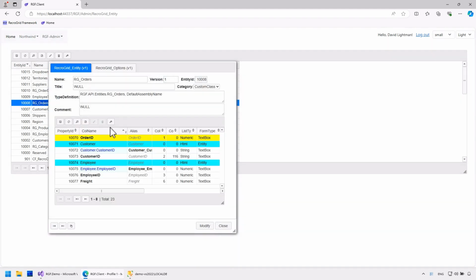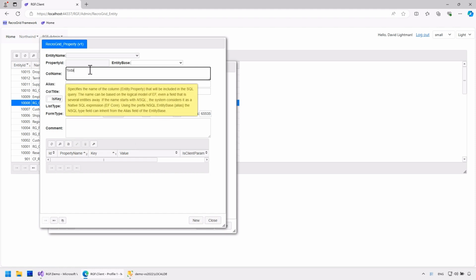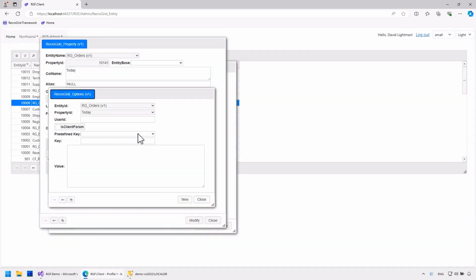To solve this, I will add a new property called today. This is a dynamic property, and the form or filter type will be a checkbox. I will define a filter expression for this.